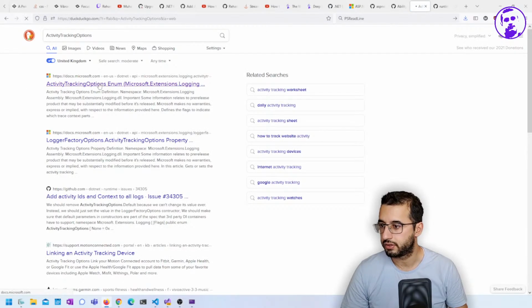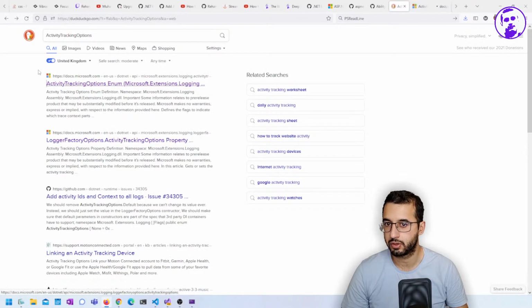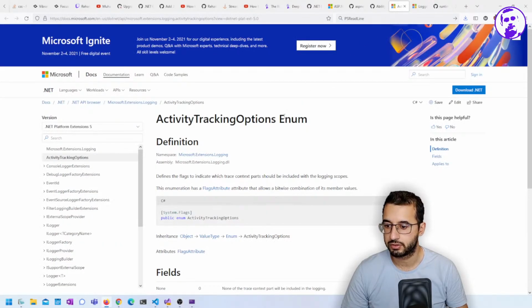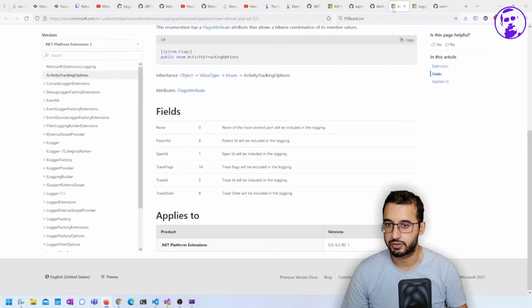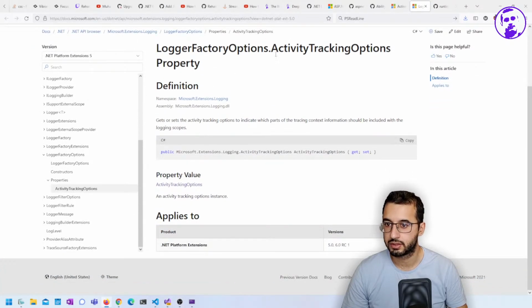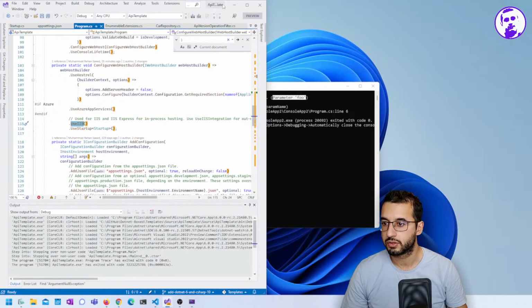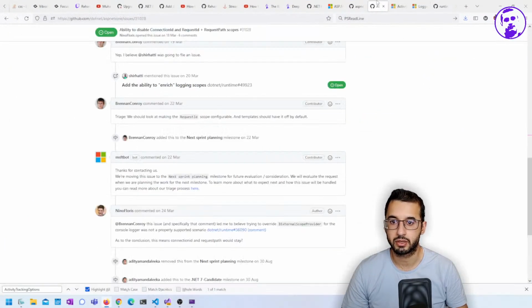I think this might be in the documentation. Oh, there was another page there that was worth opening. I use DuckDuckGo because I don't want to be tracked by Google for no reason. Let's find out. Defines flags to indicate which trace context paths should be included with the logging scopes. Oh, that's interesting. Okay, so I think what this is doing, fascinating. Okay, so what that bit of code there is doing